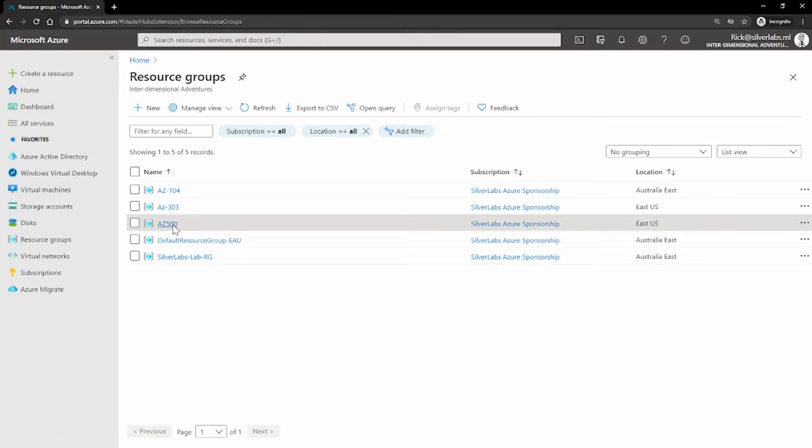If you have a resource group named AZ500, you might know that it contains all the resources you have deployed to study your AZ500 examination course. After the preparation, you can go inside the resource group and delete that without worrying that it might affect anything else.